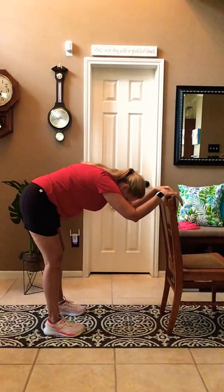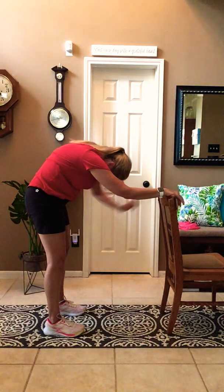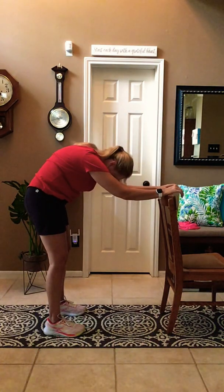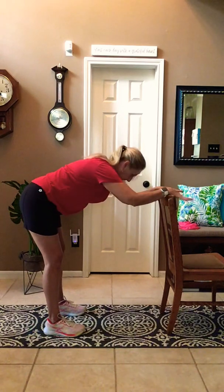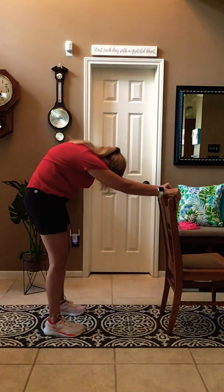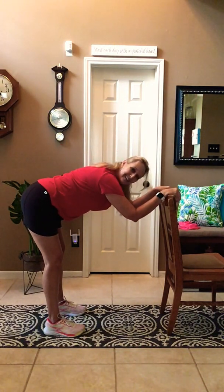From here, you're going to tuck your chin to your chest and round your spine to the ceiling. When you do that, you're going to tuck your hips under a little bit. We're gonna lower your back and then push your tailbone out behind you. Okay, so we're gonna roll up, chin to your chest, round your spine, and then unroll, flat back, tailbone out